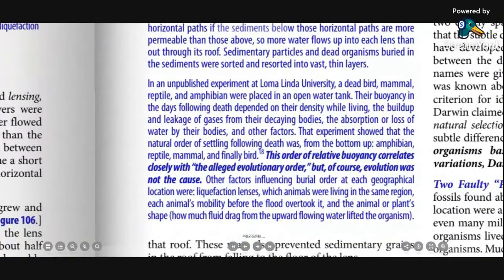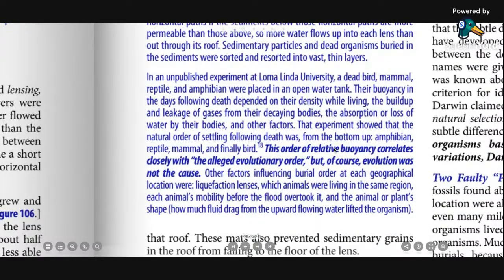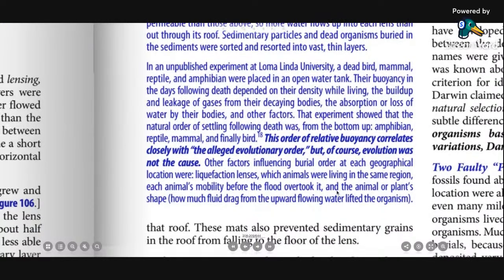In an unpublished experiment at Loma Linda University, a dead bird, mammal, reptile, and amphibian were placed in an open water tank. Their buoyancy in the days following death depended on their density while living, the buildup and leakage of gases from their decaying bodies, the absorption or loss of water by their bodies, and other factors. That experiment showed that the natural order of settling following death was, from the bottom up, amphibian, reptile, mammal, and finally bird. This order of relative buoyancy correlates closely with the alleged evolutionary order, but of course evolution was not